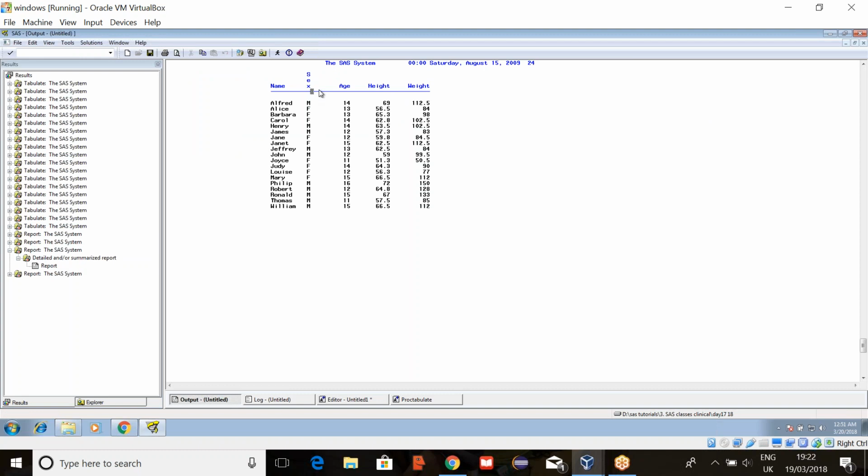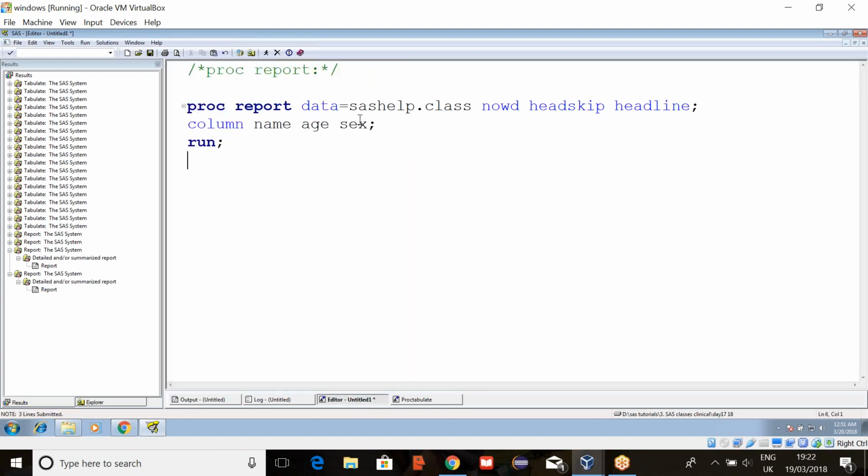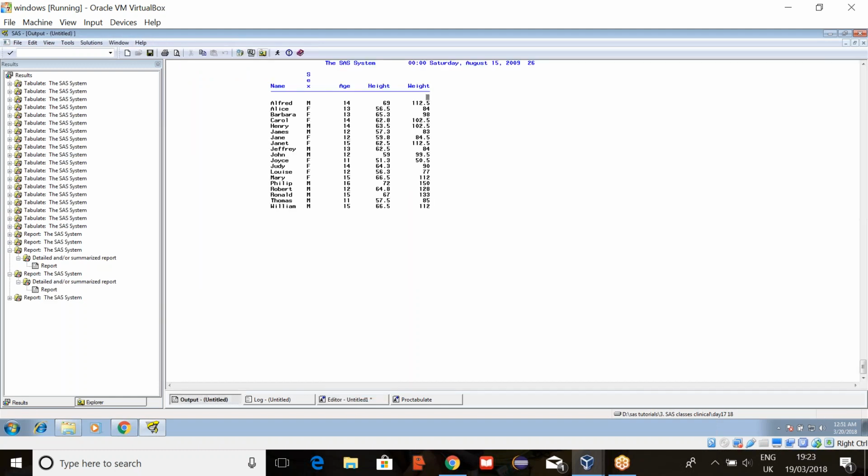Here we had name, sex, age, and I changed that to name, age and then sex. If you want to print all the variables, we can print all of them, like height and then weight. So it prints all the variables.